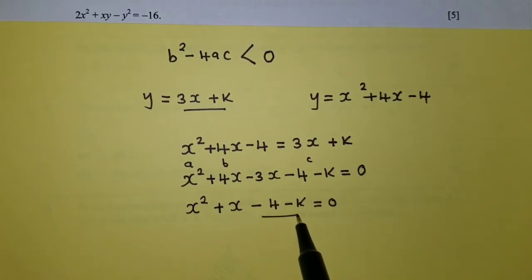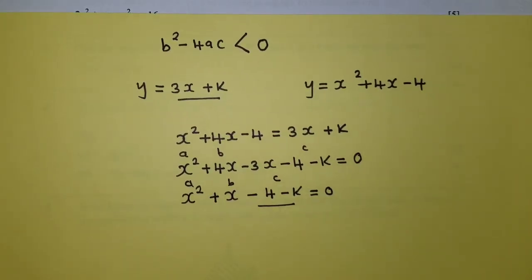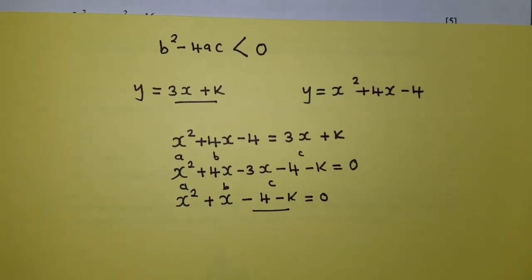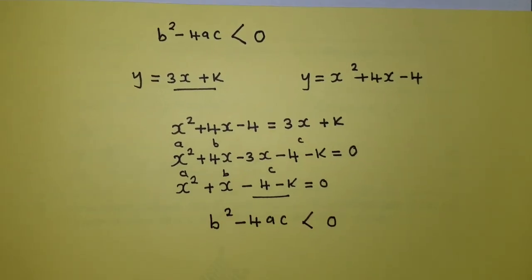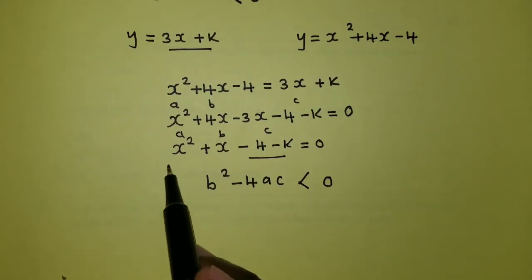So this is a constant. It's our c. Our b is here and our a is right here. Now our job is just to plug these right here in our discriminant. So let's copy our discriminant so that we see where exactly we are supposed to plug these coefficients that we're